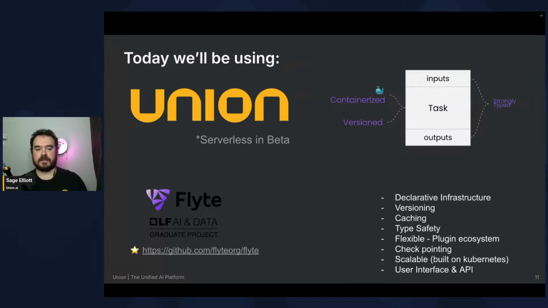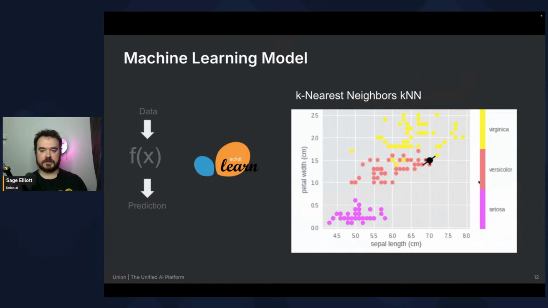It's now by the Linux Foundation, and then Union uses that as the orchestration part of the tool, and then it has other features built on top of it as well. So we'll get declarative infrastructure, versioning, caching, type safety. There's a pretty comprehensive plugin ecosystem, but also a lot of things just work if you can use Python with it. And then it's scalable. It's built on top of Kubernetes, and we'll see the user interface and SDK in action here in a minute. And then also just to kind of recap,